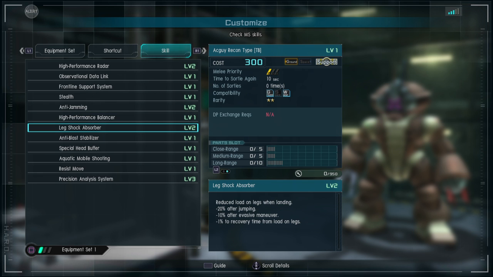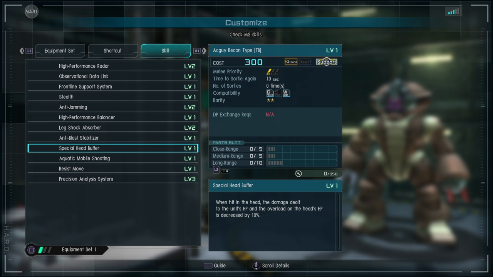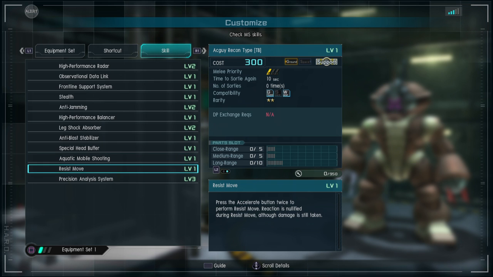Leg shot absorber level 2. Anti-blast stabilizers, also very interesting for support to have. You don't get heavy staggered by mobile suit explosions. Special head buffer level 1, also 10%. Aquatic mobile shooting, as we mentioned before, you can boost underwater while using your weapons. Your primary weapon, I should say. Resist move, so you do get a dodge roll, which I believe this is the first time we get a super low cost support with a dodge roll. Although it is the support dodge roll, so you don't get actual